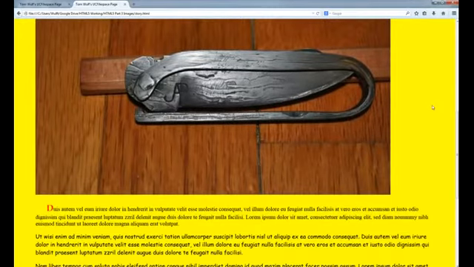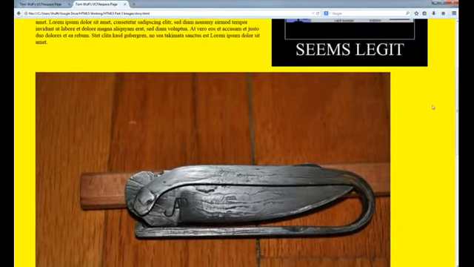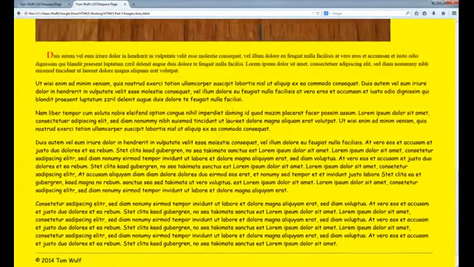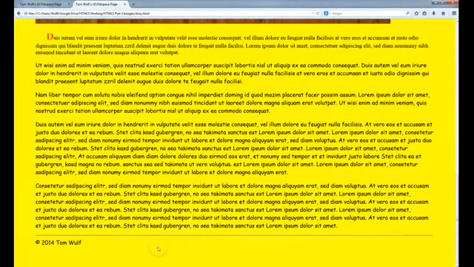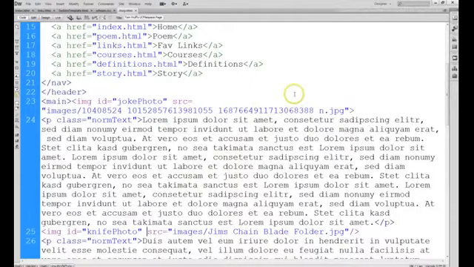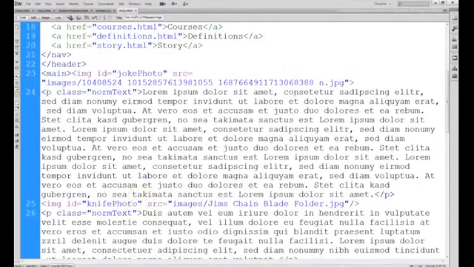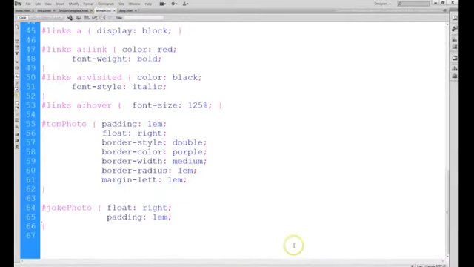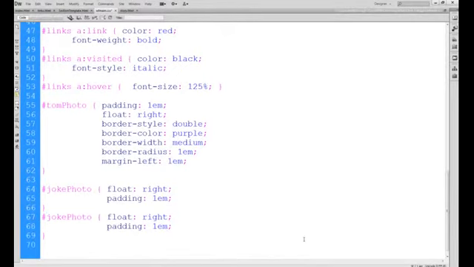Now that's a huge image, and I haven't floated it yet. So I'm going to play with this image, and I think I'm going to set the width down. I think if I set the width and I don't set the size, it will retain the aspect ratio, so it won't skew the image. Okay, so I have to write some rules for my knife photo ID. So we'll go back into our CSS, and to save time, I'll just copy this, paste it in, change it to knife photo,